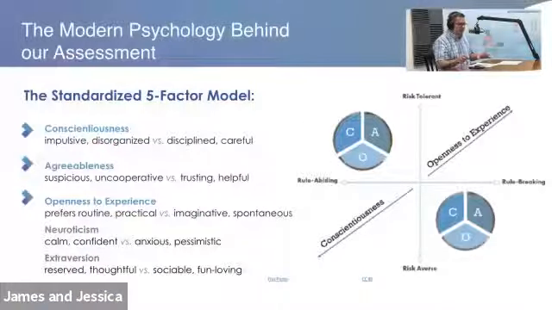So what we've discovered, and I think it's important to spend just a little bit of time on the theory, not a lot, but a little bit. So using the standardized model, we have determined that only 3 of the 5 factors actually play out in how we behave online. And it's not just our research. There are many, many articles talking about this.